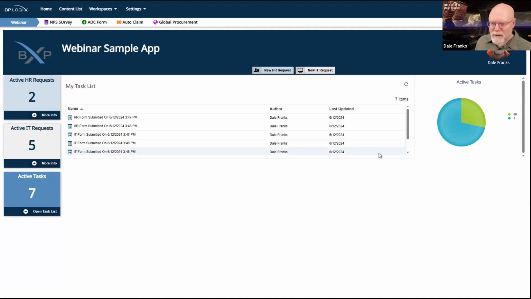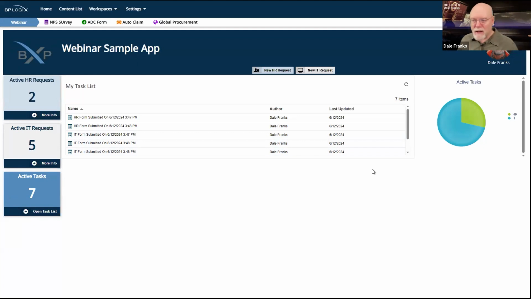This is a workspace. What this workspace is showing me is a dashboard. And what is displayed in that dashboard is a Process Director form. Basically, I've created a dashboard from a Process Director form, and the form becomes my main UI for this sample application, whatever it is. I have 2 functions that I can perform. I can submit new requests, whether they're HR or IT, and I can see what my status is of completing all of these requests right here from dynamic objects that I've just built on a form.